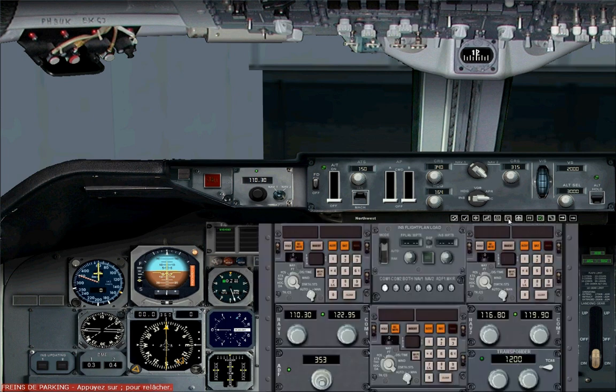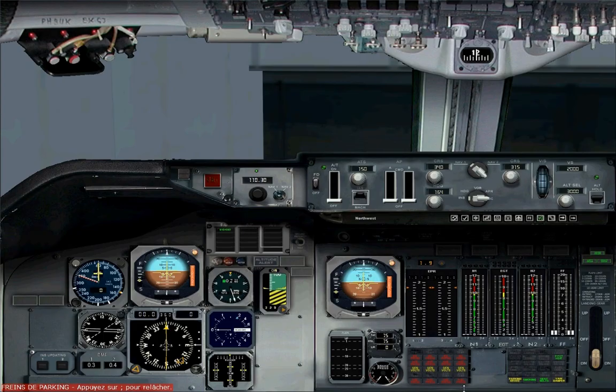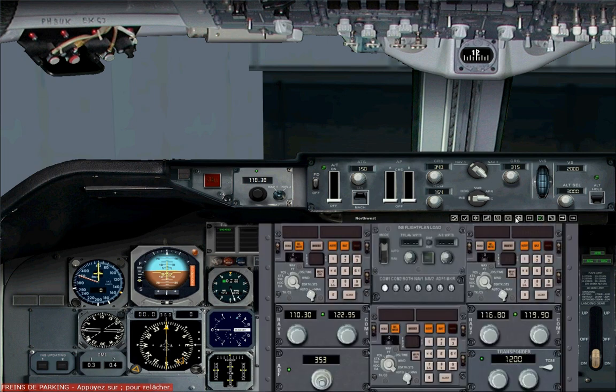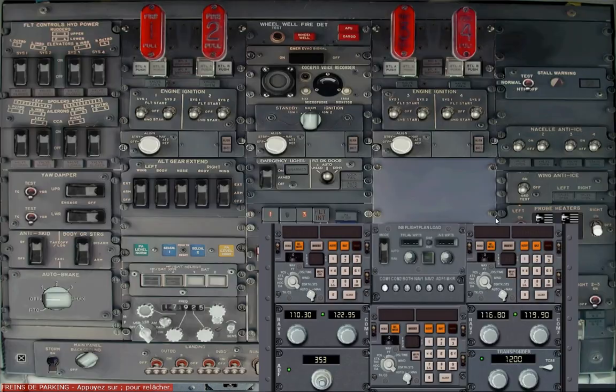Now open the communication panel. Make sure TCAS is off. Parking brakes are set. Open the overhead panel. Turn all three MSUs to standby. 1, 2, and 3 INS CDUs to